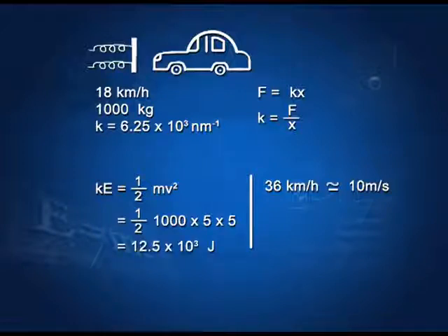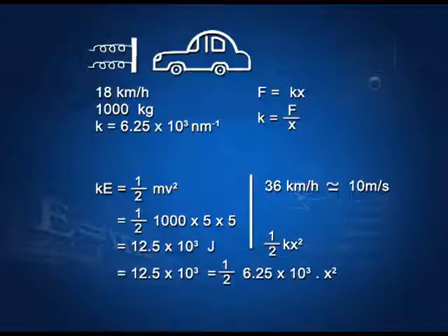And then what will be the energy stored in this spring? That will be equal to half k x square. We can find out how much will be the compression in this spring and how much of that should be taken up by the fenders which are attached here. So, we equate 12.5 into 10 raised to the power of 3 equal to half, and put the value for k as 6.25 into 10 raised to the power of 3 and x square. From here x value comes out to be 2 meters. That means, this will compress 2 meters on an impact by a car of 1000 kgs moving with a speed of 18 kilometers per hour,